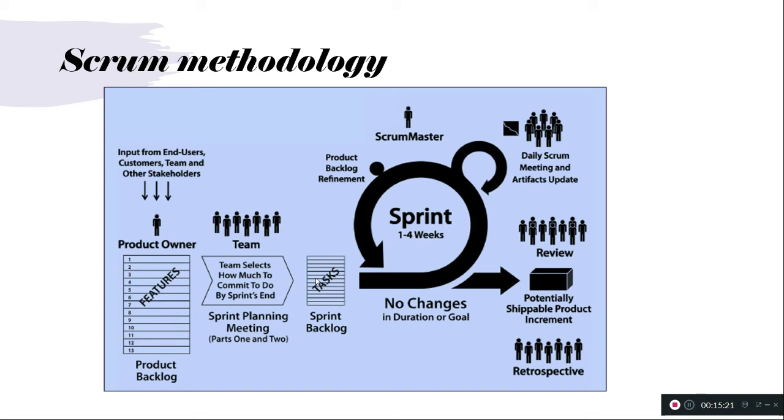We will not follow a process similar to the waterfall methodology, but we will have a review, like code review and test case execution. The demo is part of the review, actually. Once the review is done, the deliverables will be shipped as a potential product increment. Next we will have the retrospective meeting. The retrospective meeting is mainly for identifying the improvement areas and implementing them in the next coming sprints, actually.